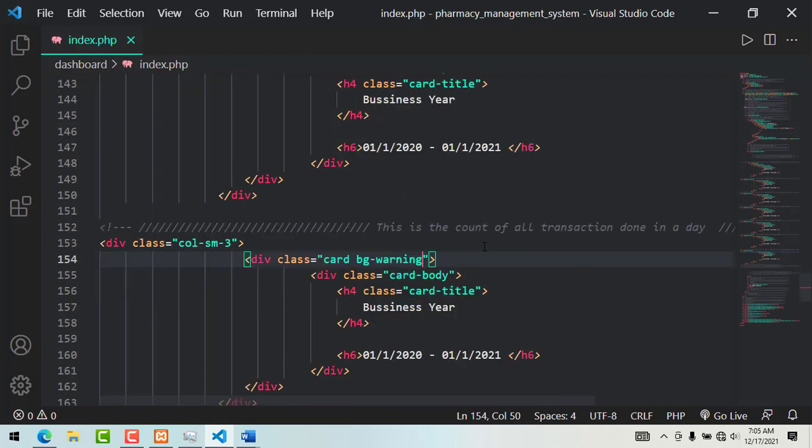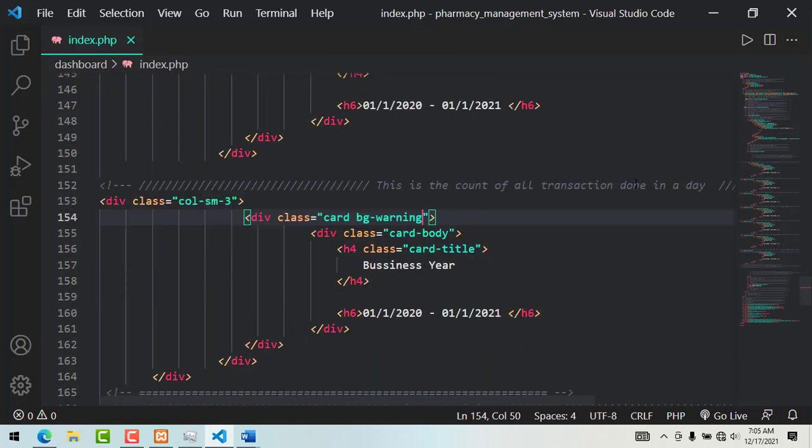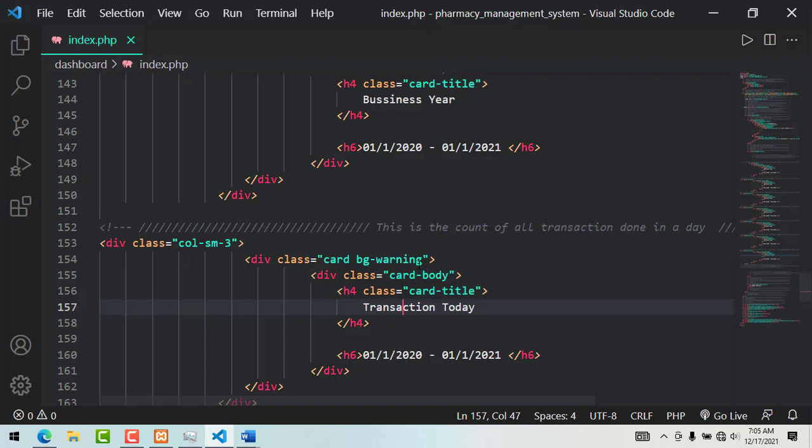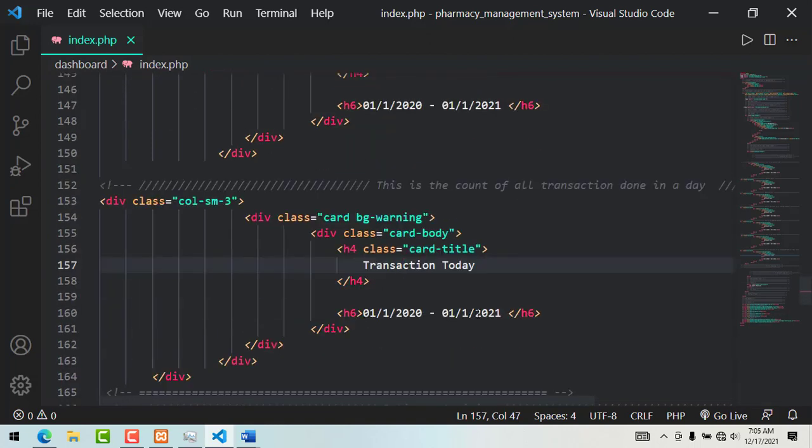Yeah, their names, and this one is the transactions that are made in a day. So for that, instead of business here, we're just going to come and say transactions today, and we can just have a dummy value here. We just put 20 maybe,